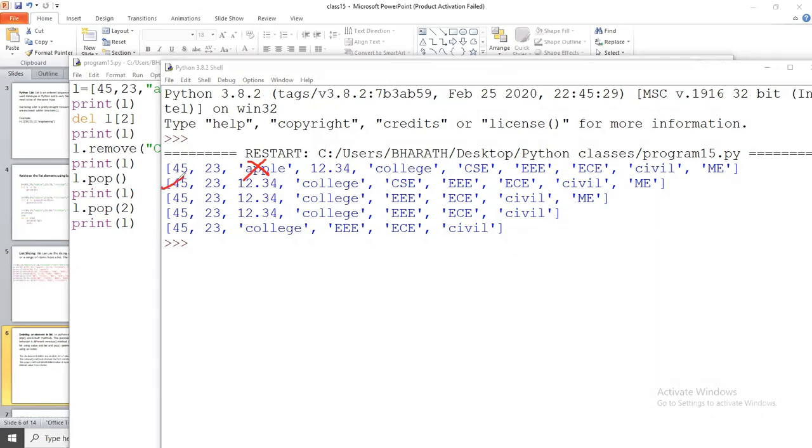After that L dot remove CSC. Now CSC will be deleted. After that L dot pop. So the last element will be deleted. After that pop 2, so this is the 2, so 12.34 is deleted. So this is the final list. Okay,